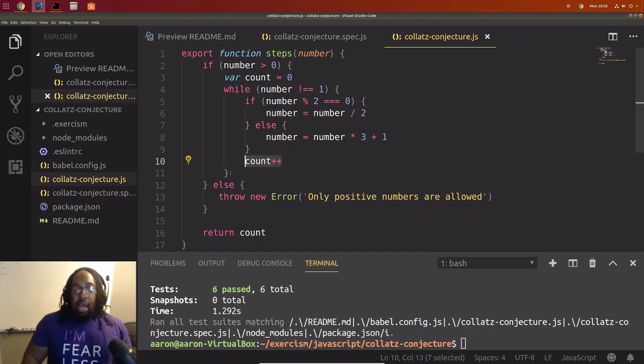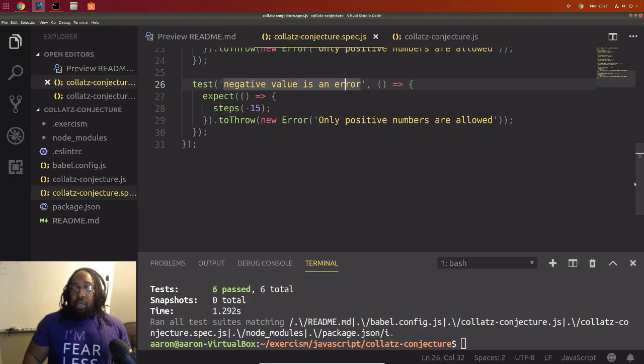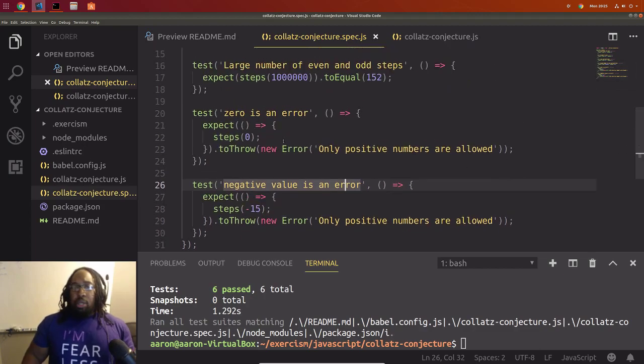We also learned how to throw errors and how to give out errors in your code and give a description of what's going on with that error. And we learned how to export functions and how to code to your Jest tests. So cool. So we did that. We got that one beat.